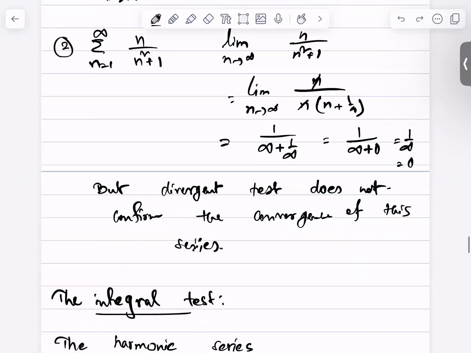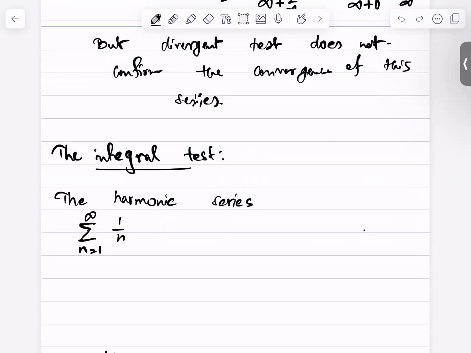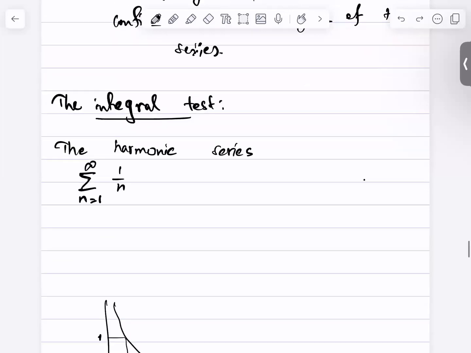So therefore we need to apply some other test to confirm whether this series actually converges or not. The first test, rather, is the integral test. The harmonic series, which is the name of this particular type of series, 1 over n, which is just 1 plus 1 over 2 plus 1 over 3 plus so on, actually diverges. And we'll see later